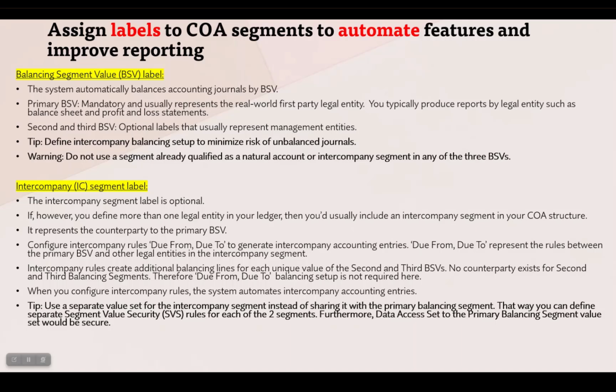Use a separate value set. This is a very important point. Now I build a balancing segment value set and the intercompany one. Some people use the same value set of the balancing segment for intercompany. By logic that is okay, but here's a tip: use a separate value set for the intercompany segment instead of sharing it with the primary balancing segment. That's why